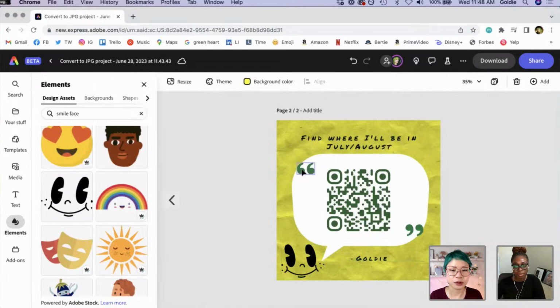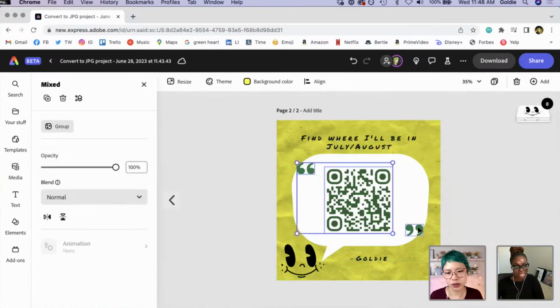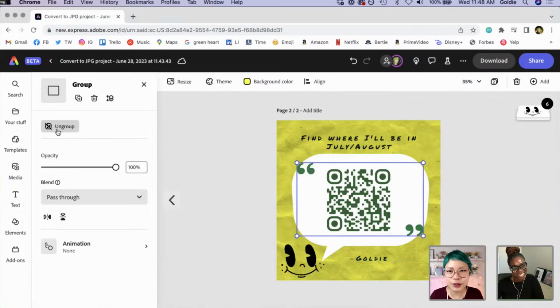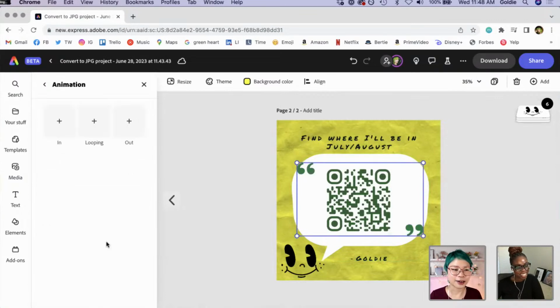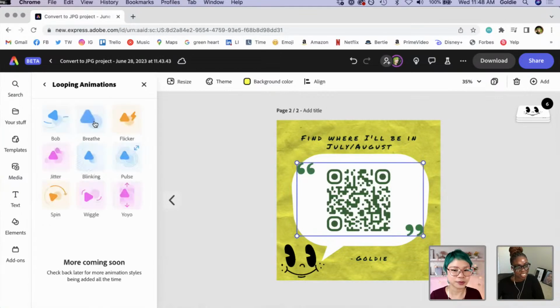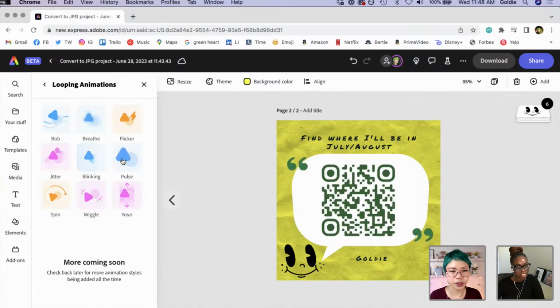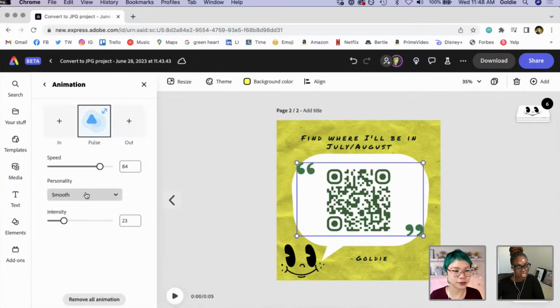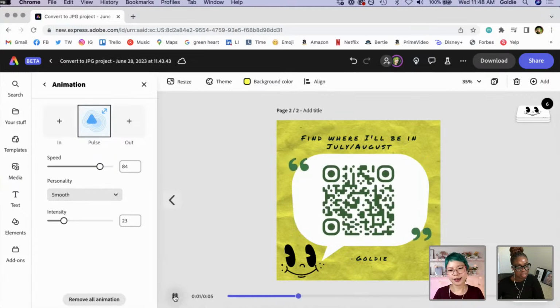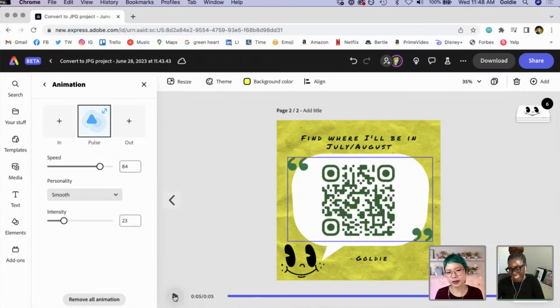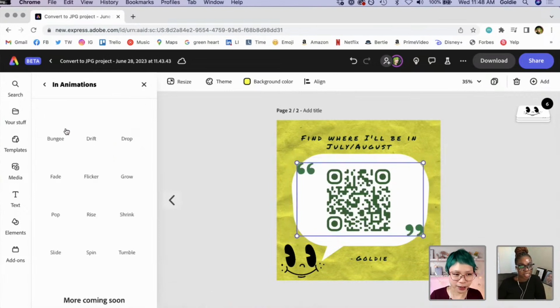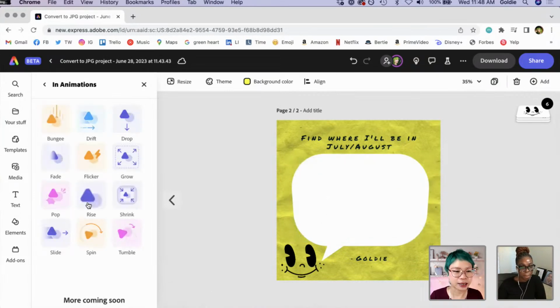And then I would be remiss if I didn't animate things. So I'm going to go ahead and group these things together. And we're going to do this, which is very fun, I think. How fun is that? Once again, this is a terrible idea actually for a QR code because then nobody can scan it. So don't follow my advice, and we'll just do an in.